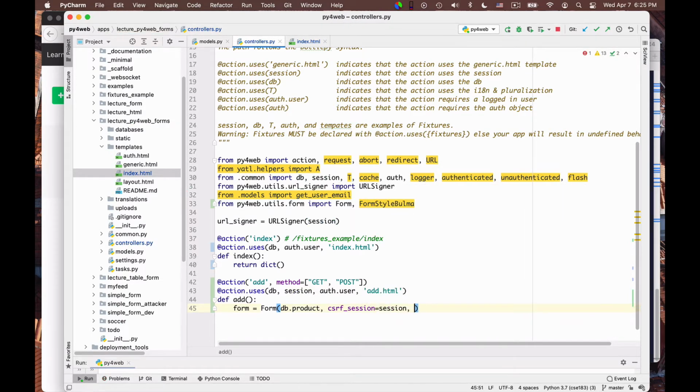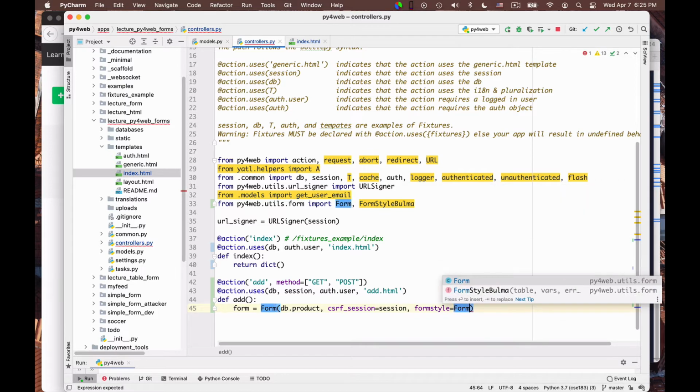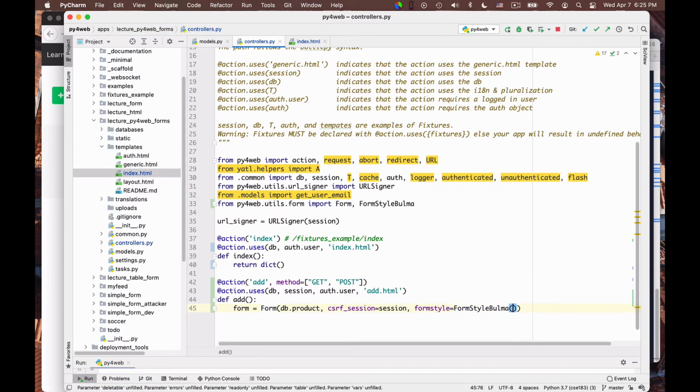This causes the form to be protected, and formstyle is equal to FormStyleBulma. So the protection of the form is the inclusion of that secret that I was mentioning in the last lecture against forms being submitted from other sites to it. Okay, so this creates a form.